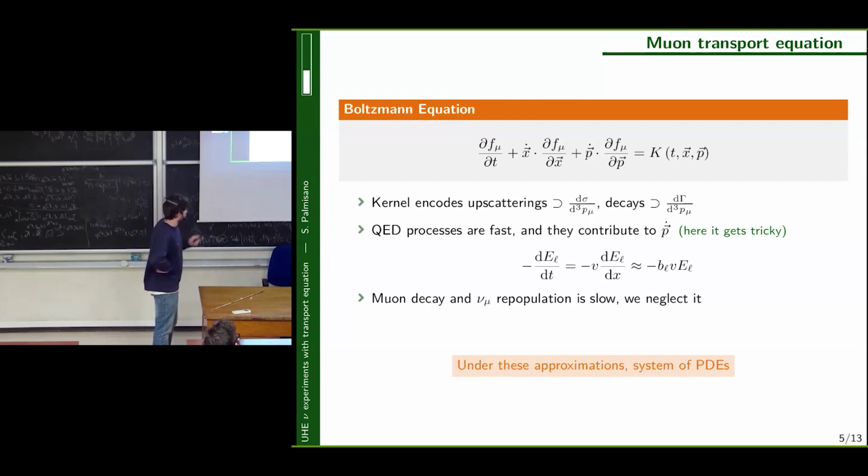because, as I will also comment later, neutrinos can convert to muons far away from the detector. The muons will lose a lot of energy and arrive with much smaller energy than the parent neutrino, or they can convert directly in the detector, and essentially the energy of the muon is the same as the energy of the neutrino. Of course, since energy loss is exponential, you cannot produce muons too far away from the detector, otherwise they quickly go below the threshold, so to say. I don't know if this answers your question.